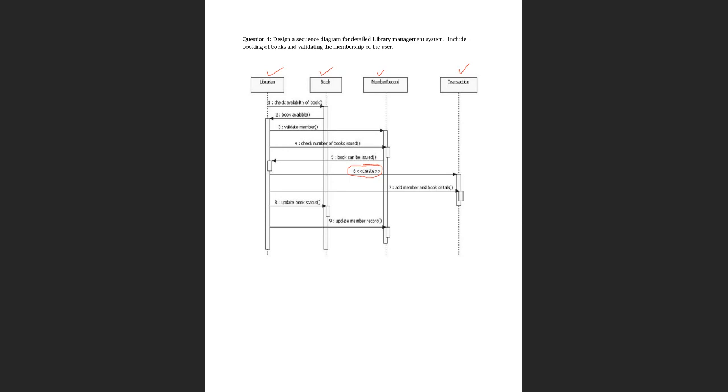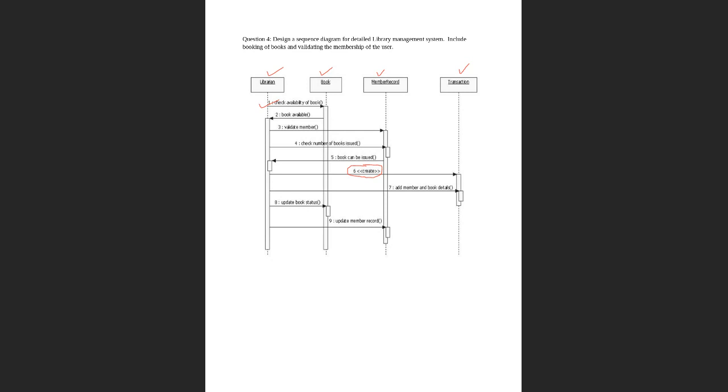So you see what the librarian is doing. The first step is checking the availability of the book. They will send it to the book object, and the book object is responding. Now you see these two you can give in a line. Here you can give a dotted line. All these are synchronous messages. So the book is available, it's getting the answer. If the book is available, then the book is ready to give, but can I give it to anyone? No, I should give it only to the correct student.